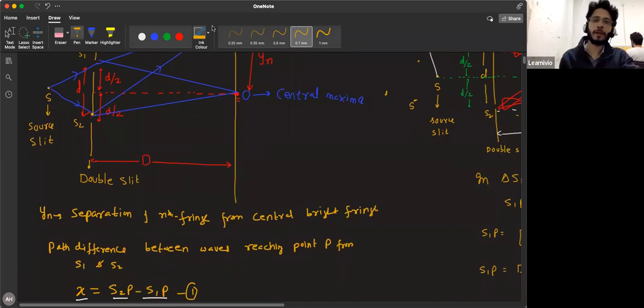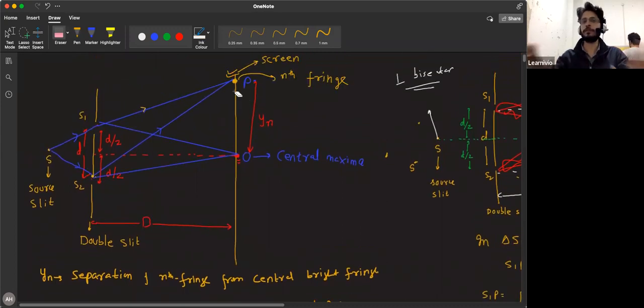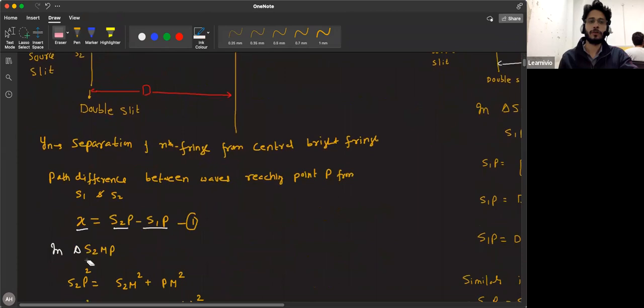Now, in the next part of the calculation, we will try to express this path difference in terms of small d, capital D, and Yn. That is the motive of this derivation, to calculate path difference in terms of Yn, small d, and capital D. Now, for this, what we can do is,